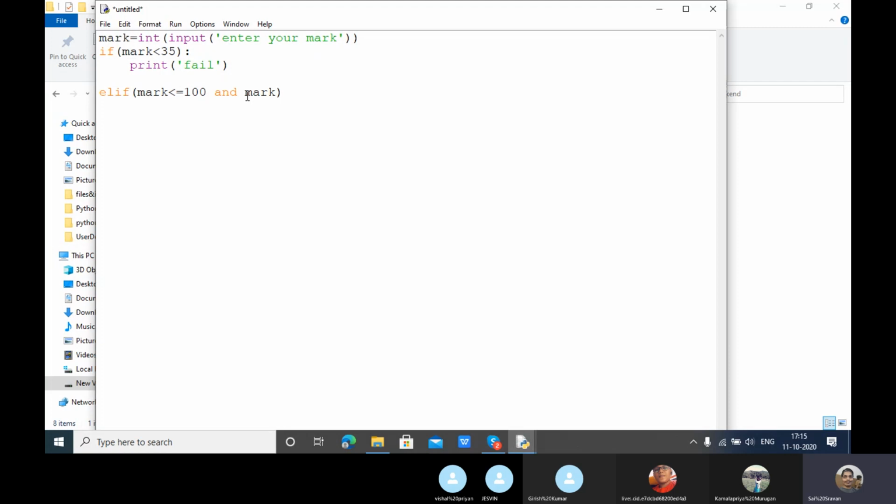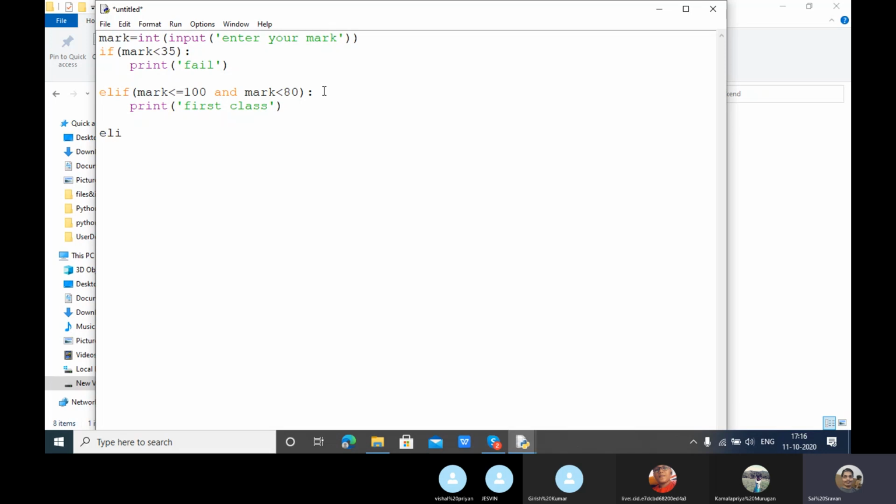Mark less than 80. So if anybody will get marks in between 100 to 80, it will print output as first class. So one condition is completed.